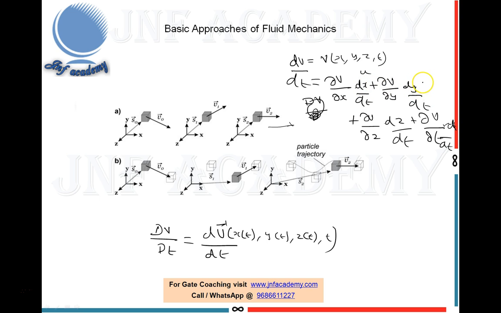Dy by dt will become v, velocity along the y direction. Dz by dt will become w, velocity along the z direction. Hence your dv vector by dt, which is nothing but your total derivative,